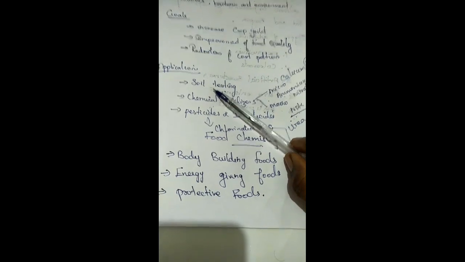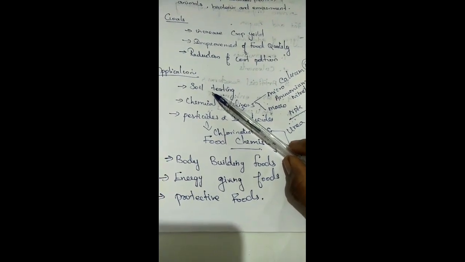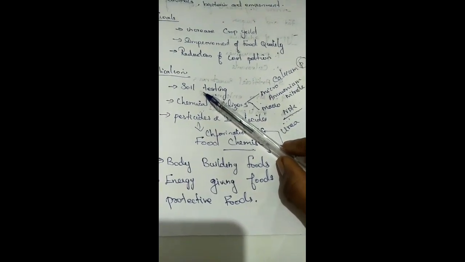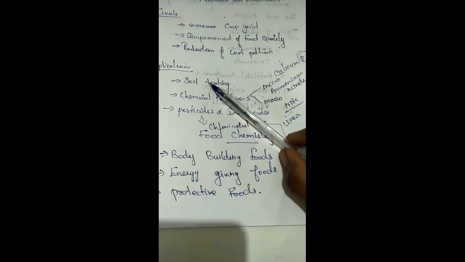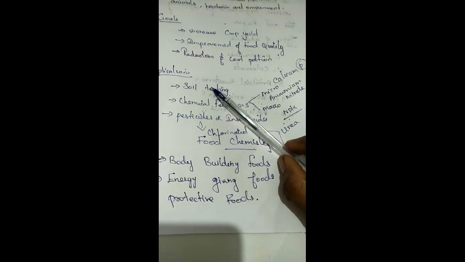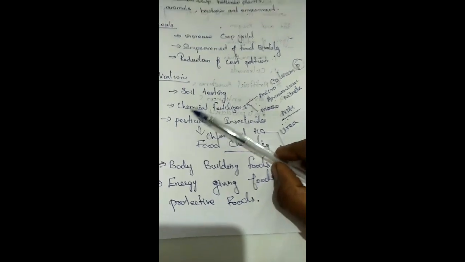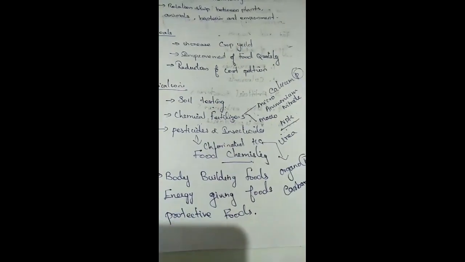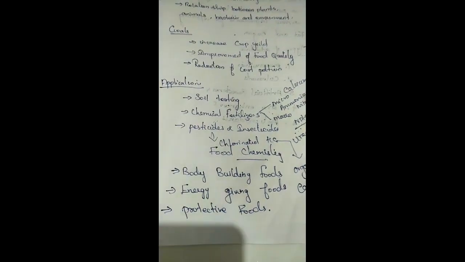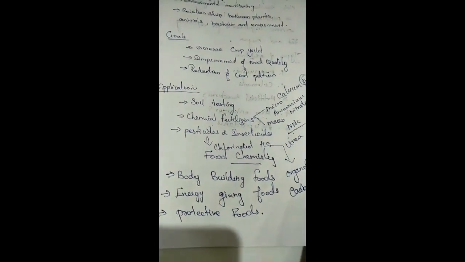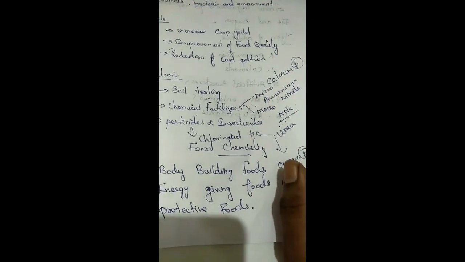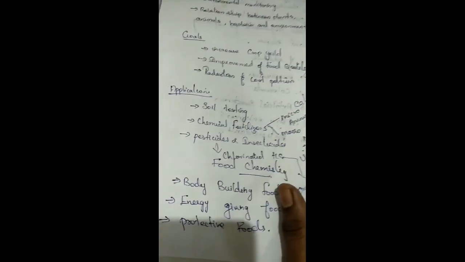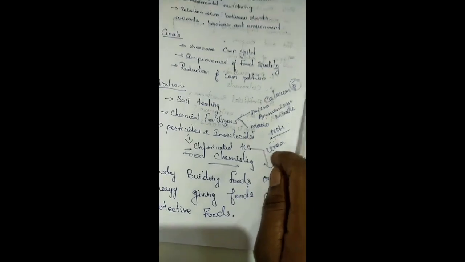For example, paddy. You all know paddy field. Paddy grows well if the soil has acid pH. And also sugarcane needs neutral pH. The soil pH should be maintained at 7, then the yield is good. Citrus fruits grow well in basic pH, that is, the pH should be greater than 7. Then we can expect good yield.